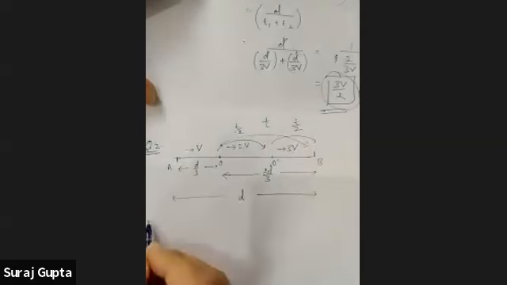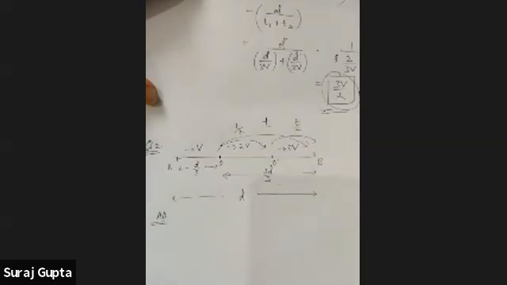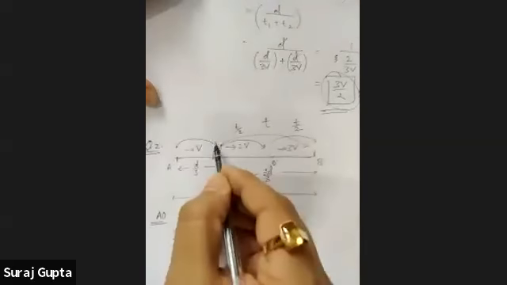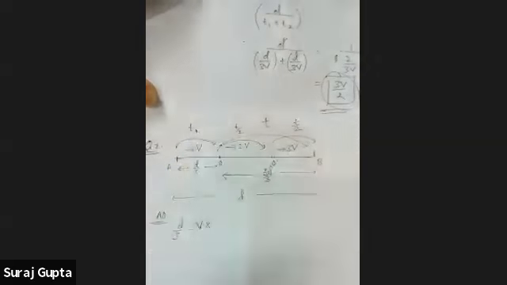First of all, for the part AO, if you apply the same thing, displacement is equal to velocity multiplied by time. What is the distance AO? It is d by 3. The speed is v, multiplied by time. We don't know the time, so let's assume the time taken from A to O is some unknown t1. Then during this time, AO distance d by 3 is equal to speed multiplied by time, t1. This t1 comes out to be d upon 3v.